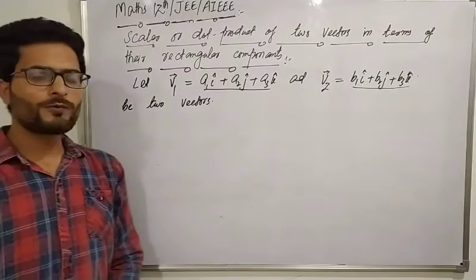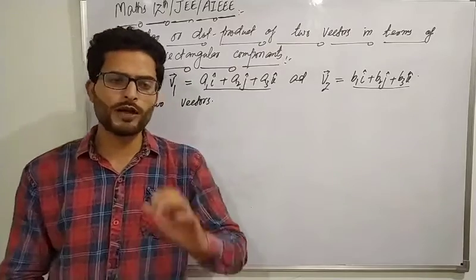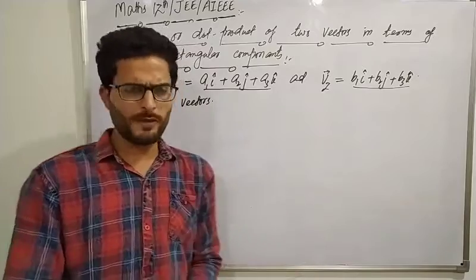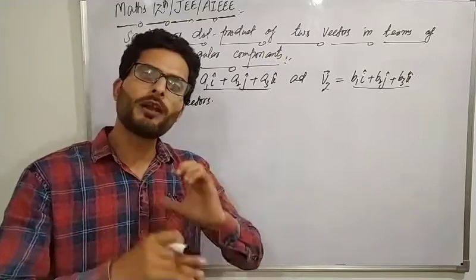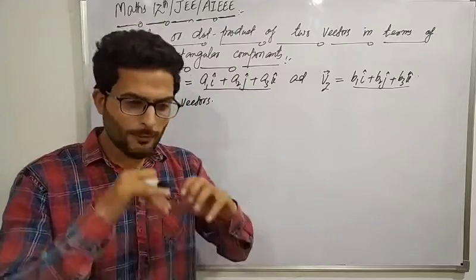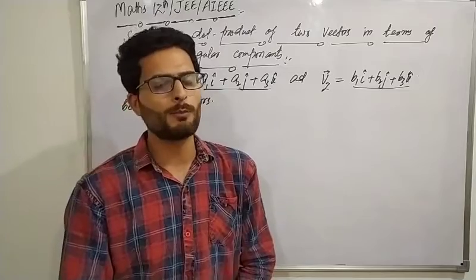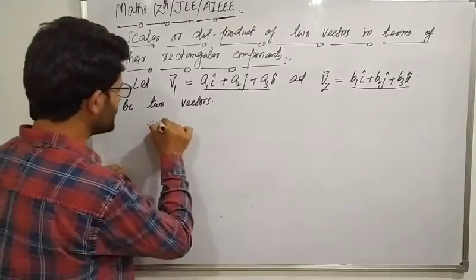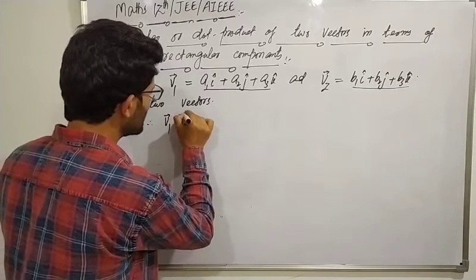Now we have to find their dot product. Dot product की definition हमने पढ़ी है, that is the product of their moduli and cosine of angle between them, लेकिन वो general definition है। अब अगर आपके पास particular vectors हैं, particular in the sense they have been resolved in space, they have been mentioned in terms of their rectangular components, तब इनका dot product किसके बराबर आएगा। So therefore we need to find v1 dot v2 and that must be equal,